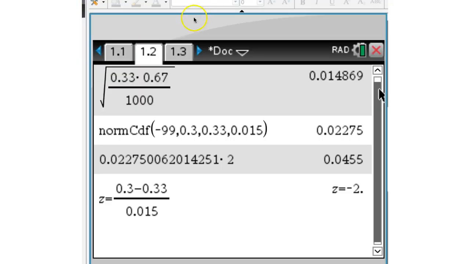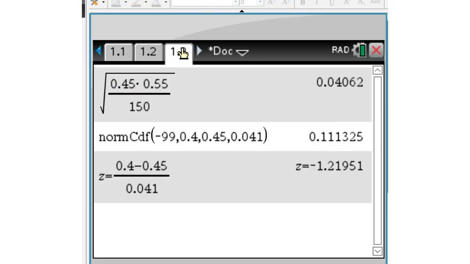Here are the calculations for number 3. So that was our starter problem at the beginning, guys. This is one where you've got to be able to find the p-value correctly. So make sure you